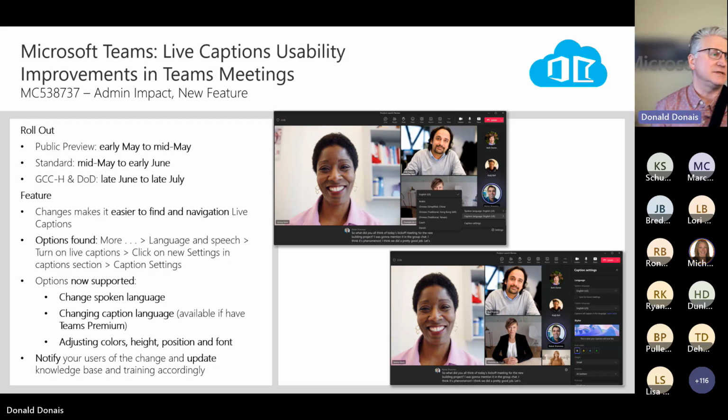Another thing in Teams, we'll have live captions usability improvements. In the usability improvements, there's a public preview coming out here first in May, then standard, and then GCC, followed by GCC High and DoD in May and June. So really think about it: if you have anybody utilizing live captions in meetings, you can do that right now. You have live captions, you can go into it, but think about being able to do things like